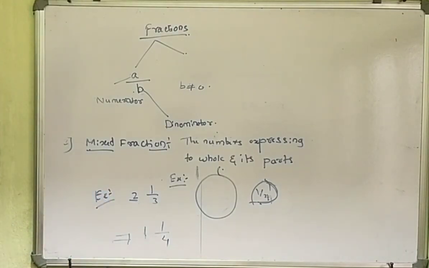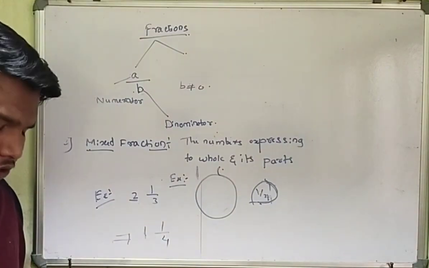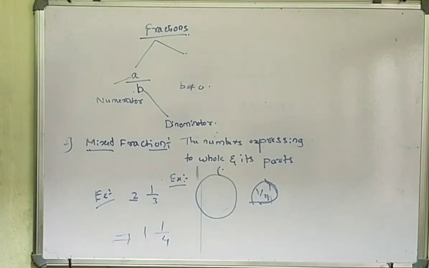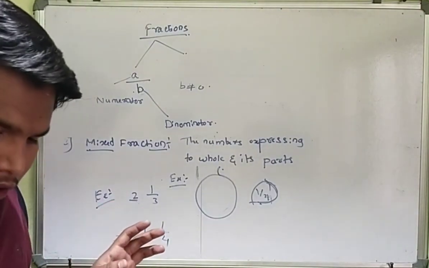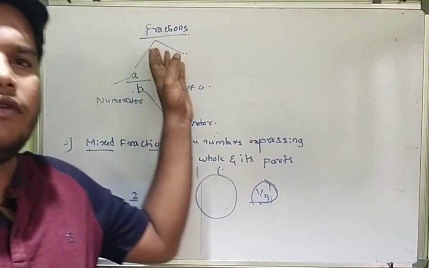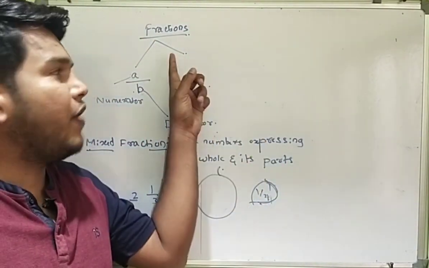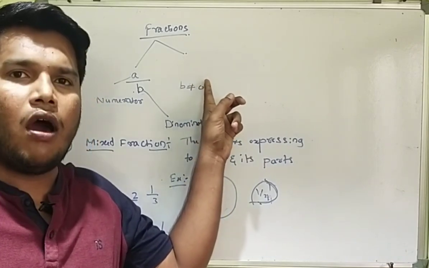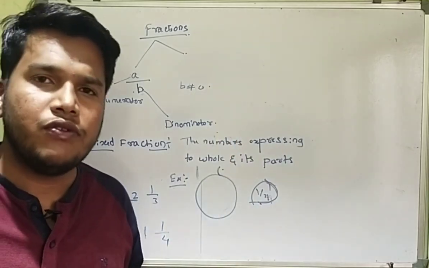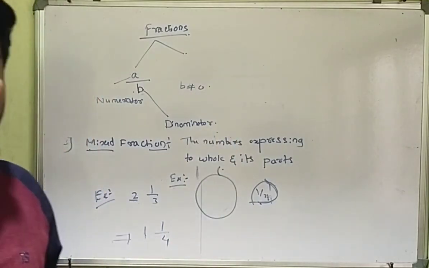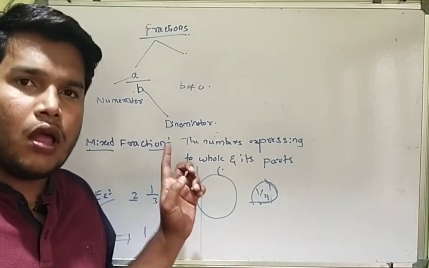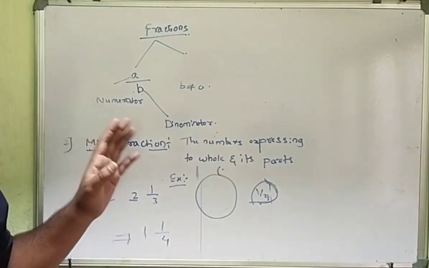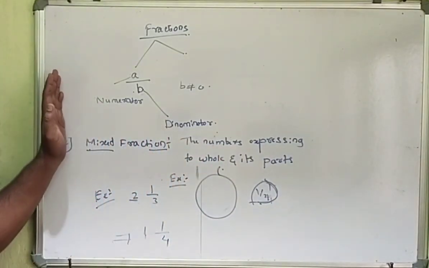So these are the definitions of fraction, proper fraction, improper fraction and mixed fraction. All of you just note down the points. I will explain the fraction definition. Note down in your notebook what we mean by a fraction: the numbers expressed in the form of a by b, where a and b are natural numbers and b is not equal to 0. This is the definition of fraction. Proper fraction: the numbers expressed in the form of a by b where the numerator is less than the denominator. I have shown examples in the previous concept.